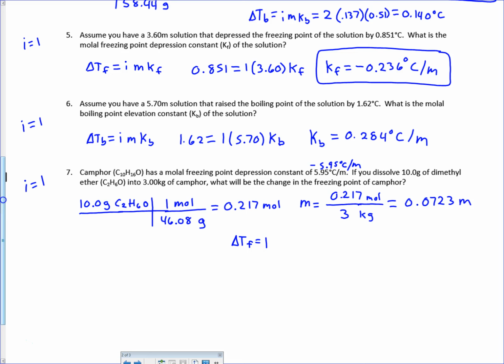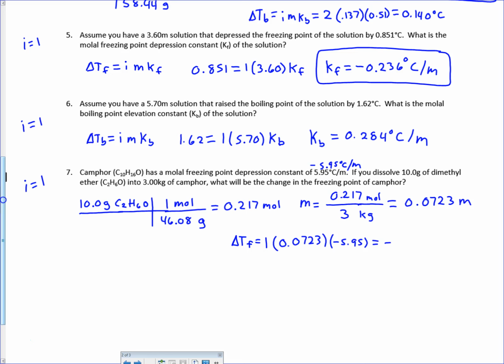It's just going to be one piece when you put it in there. So i is 1, the molality 0.0723, and then that constant, that Kf of negative 5.95,